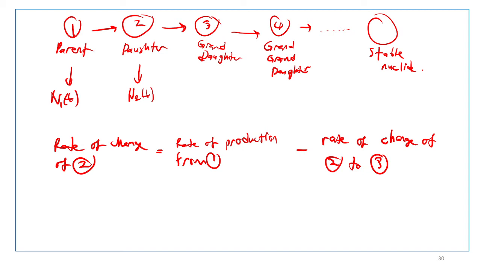So the rate of production from 1 is equal to the rate of decay of 1. Let's call this equation number 6. So that's the statement. And mathematically,